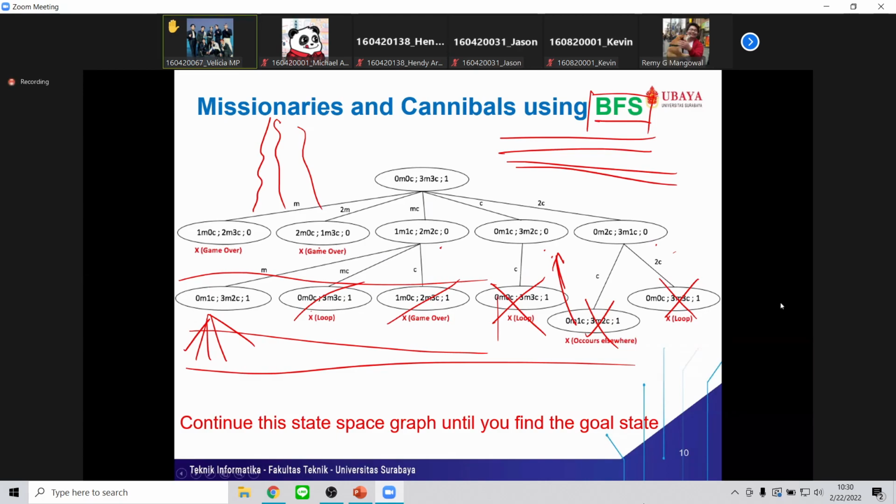Excuse me, sir. I'd like to ask. I recall that in last week's assignment, you said that we have to use the sequence to find the goal, and that is 2C, CNC, and etc. In a way, if you use this, were our answer for this number in last week's assignment wrong and correct for this week? Sorry, can you repeat the last one? In a way, if you use the sequence, was our answer for last week's assignment wrong and correct for this week's assignment? How can it happen?